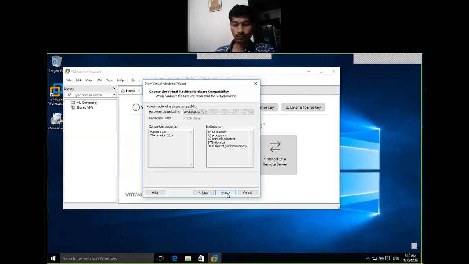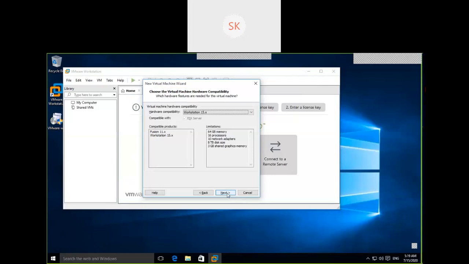These are the limitations for creating hardware, like 64 GB memory and all those things. But we don't require that. Whatever operating system we are going to install has minimum requirements and maximum support capacity.